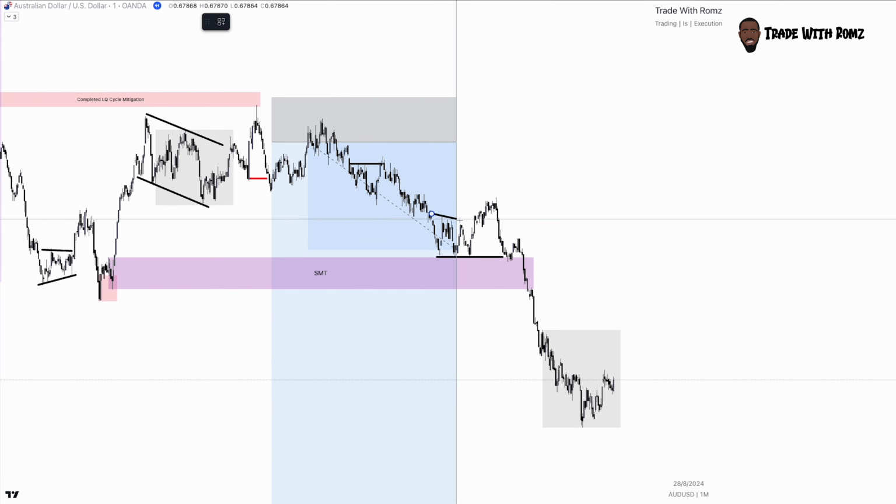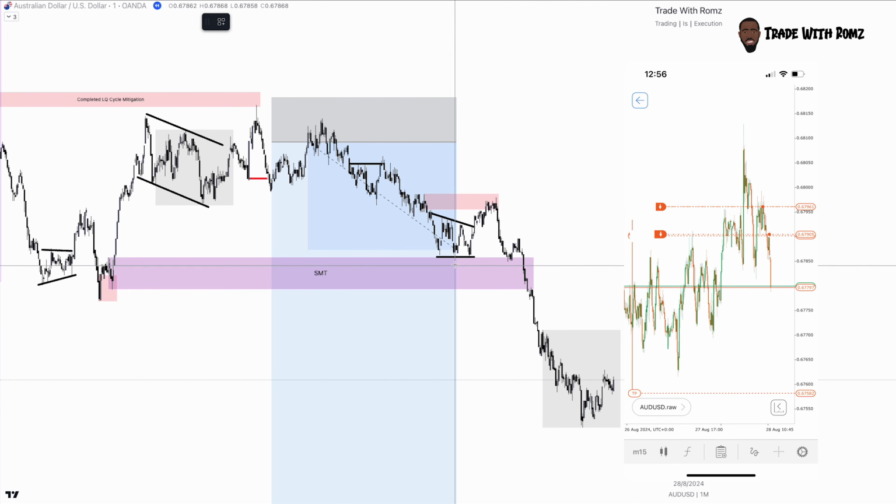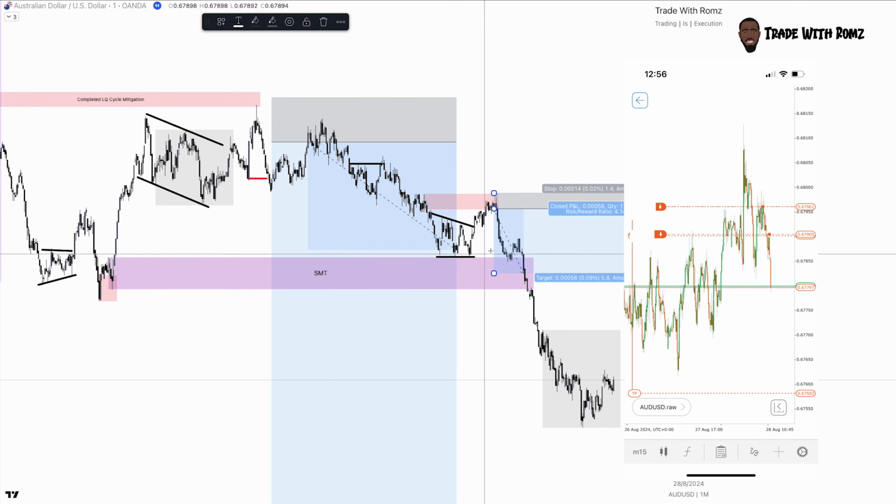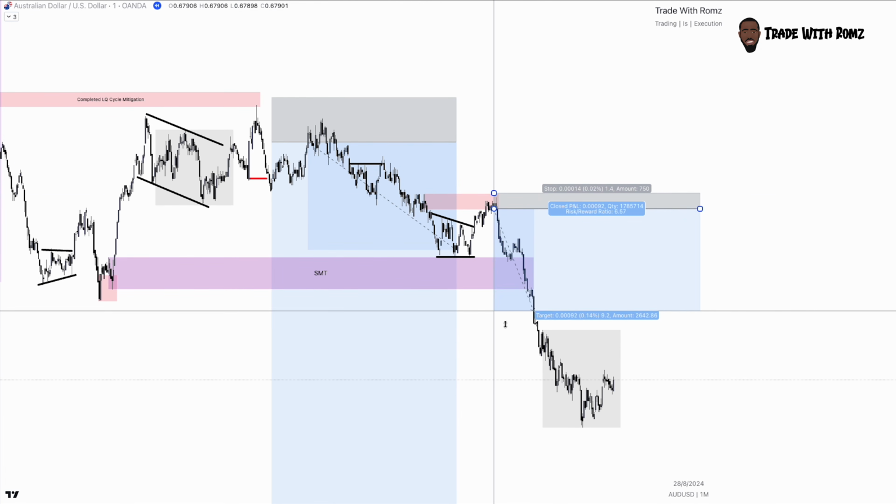I saw this as the liquidity. I did see this as the equal lows, and I saw this as the POI. That's what I saw. And I took a risk, set a limit here because it made sense in regards to the cycle. Set a limit and price tapped in. And as you can see, price moved away.